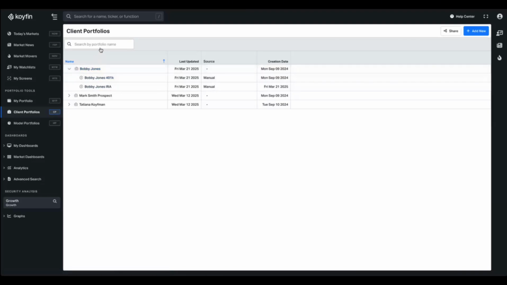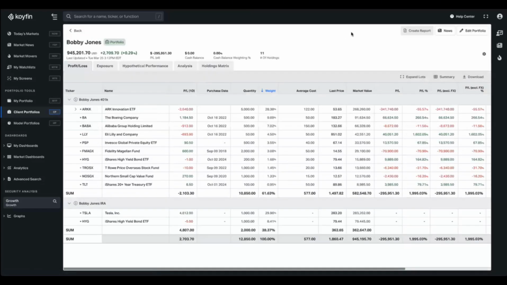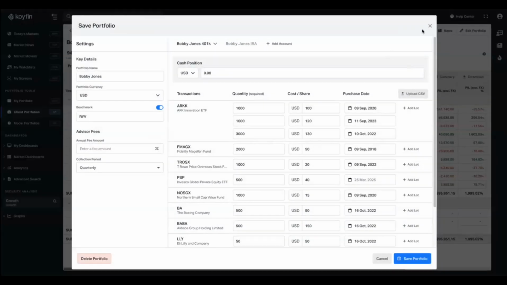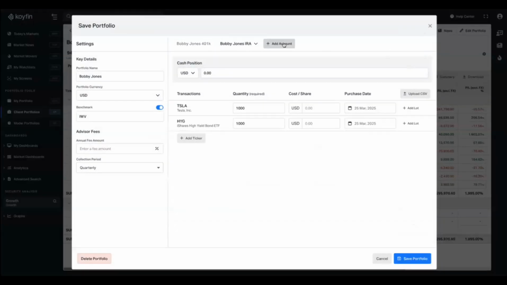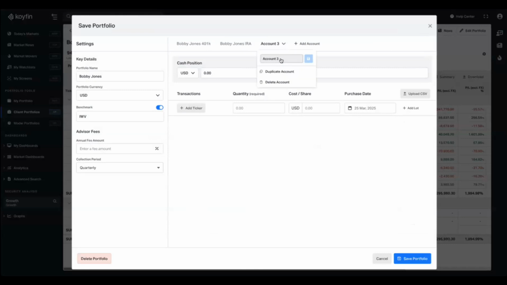This is a really cool feature that a lot of you have been asking for, in terms of how to combine different portfolios into groups. So we recently released this feature. My Bobby Jones portfolio has a Bobby Jones 401k and a Bobby Jones IRA. If I click into it, I can see this edit dialog allows me to add more and more accounts. So if I wanted to add a third account, let's say it would be the 529 plan,